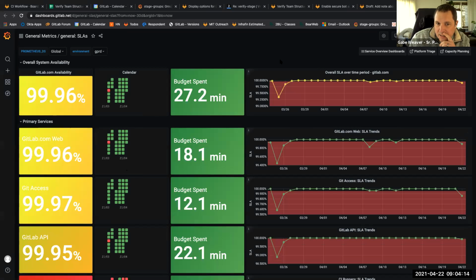I like that row because it tells me my availability. It tells me a brief snapshot in terms of the calendar, budget spent, and then you have your trend line over time, so you can identify which days stuff happened. So I think that's super helpful, and I would like that. Okay. So in this, it shows your budget spent and your availability,